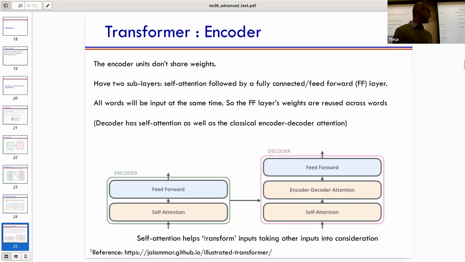And the idea is it helps transform inputs, input vectors, input word embeddings, while taking other inputs, other word embeddings or other words basically into consideration. That's what self-attention is. Okay, it's nothing too complicated. It's just that, as I said, we're acting on each of the words or each of the words' related vectors together. When I'm acting on the first word, I want to use information related to the other words while transforming some vector, doing some matrix operation on the first word's vector.